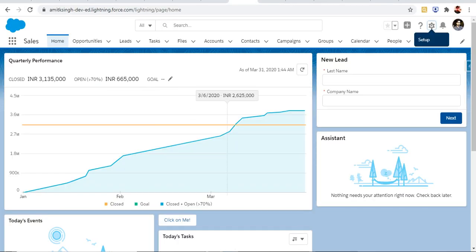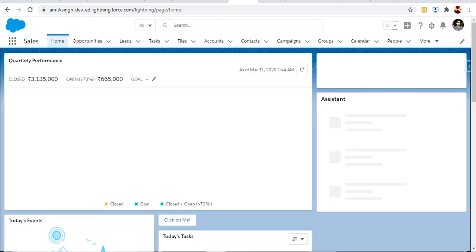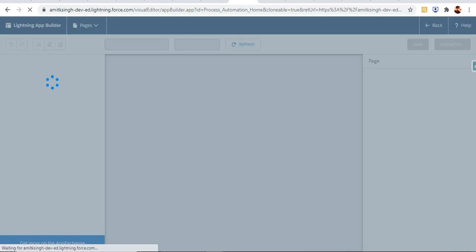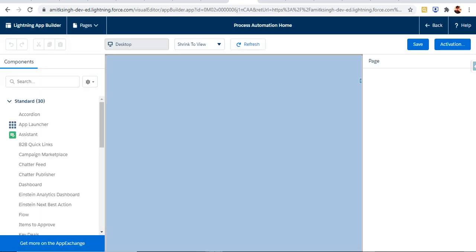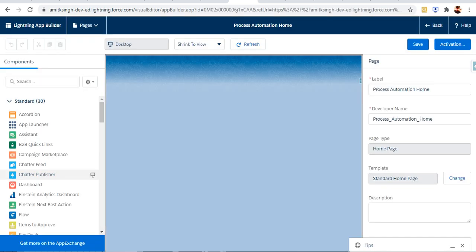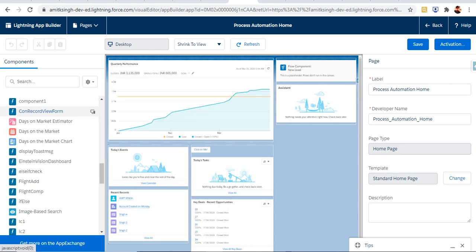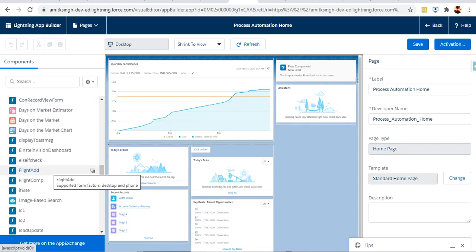Salesforce screen, and here we just need to refresh the page, and I have to edit this section. Click on the edit page. So this particular home page is now in editable mode. I just have to scroll down to the bottom to check where my lightning component with the name is.